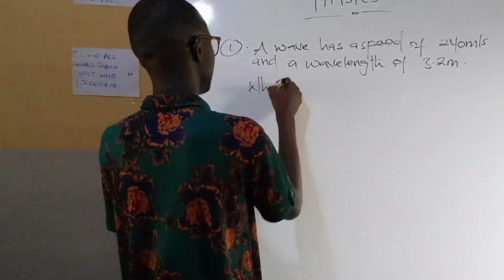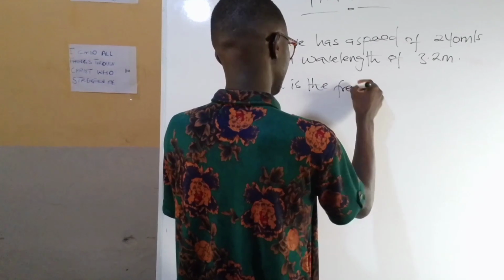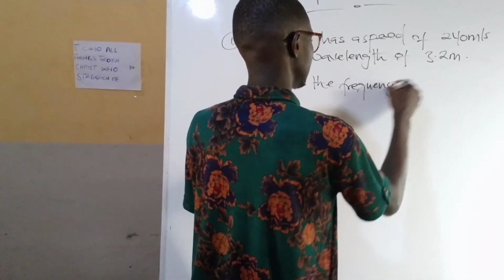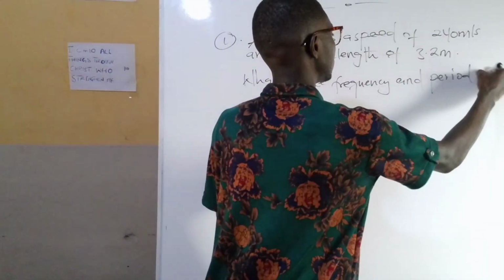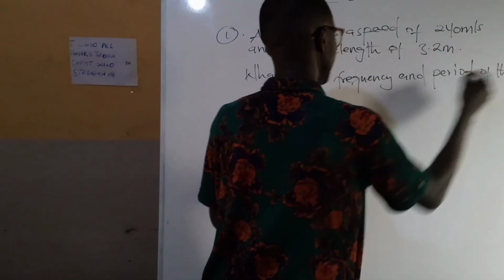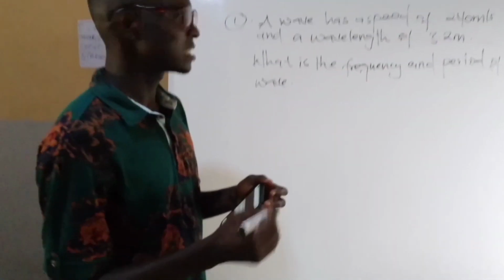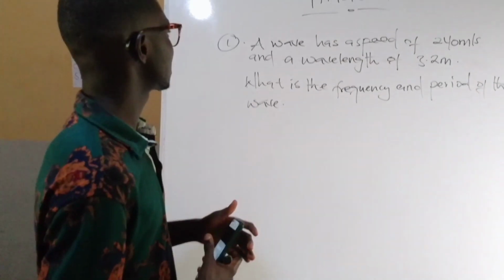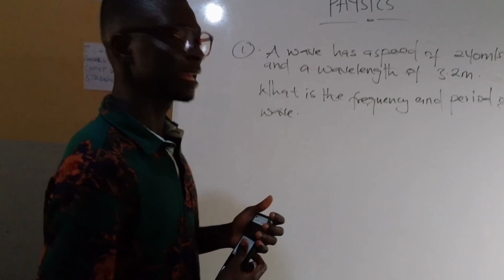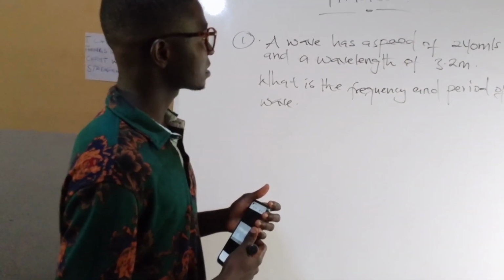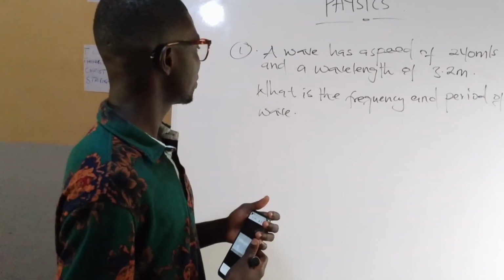What is the frequency and period of the wave? So this is our first question for the day, and the question reads: a wave has a speed of 240 meters per second and a wavelength of 3.2 meters, and we are to find the frequency and the period of